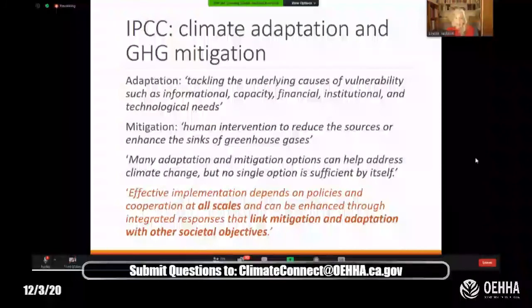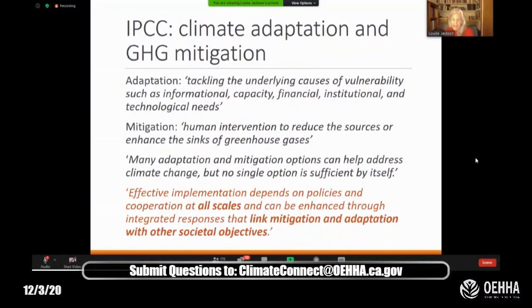So I just want to end with this slide that I showed in the beginning and mention that I do think that California is leading the way on how we look at multiple scales, multiple approaches to link mitigation, adaptation with other societal objectives. And in fact, this is something I think is quite pertinent to the conference's themes of interconnectedness: to achieve these greenhouse gas and climate adaptation goals that are directly related to climate change, we need the support of other disciplines as well to get the public buy-in.